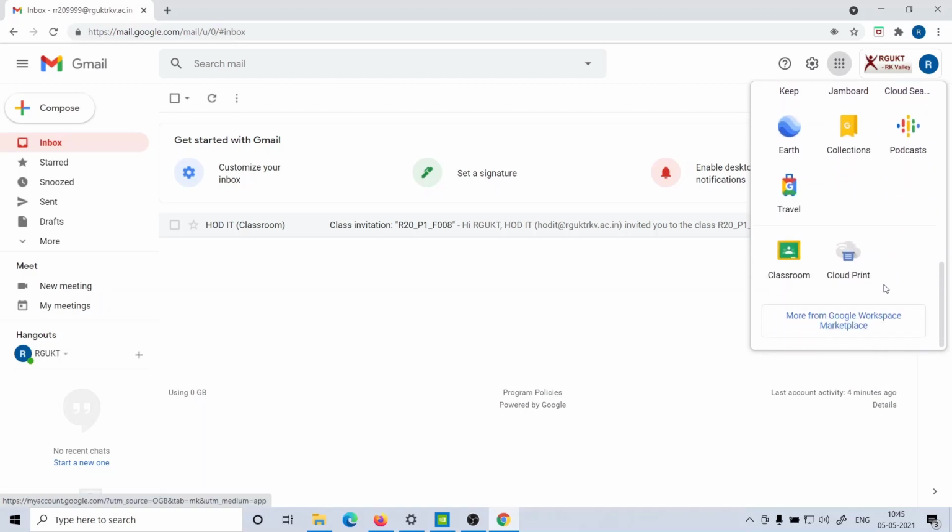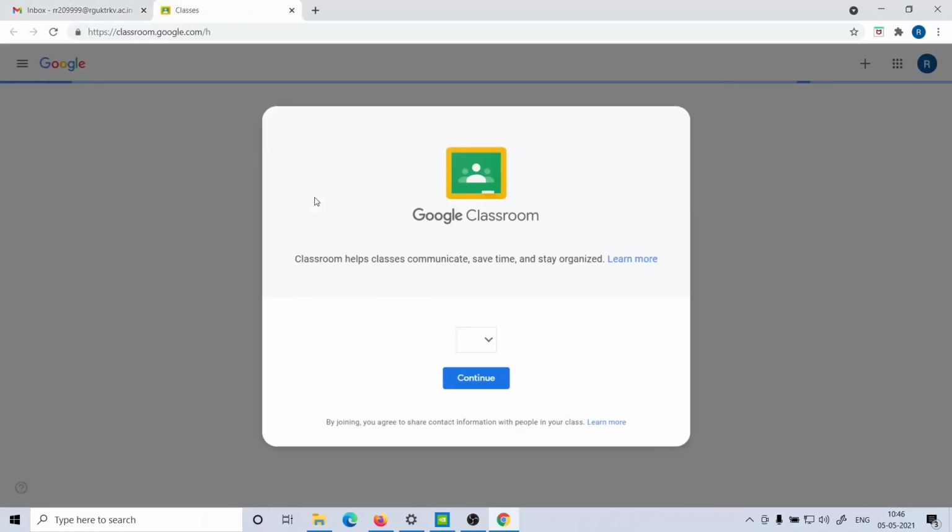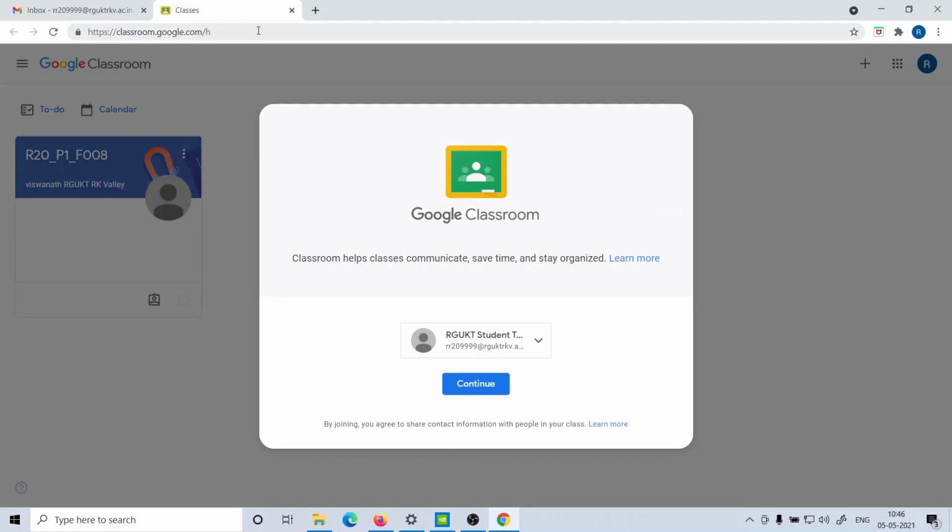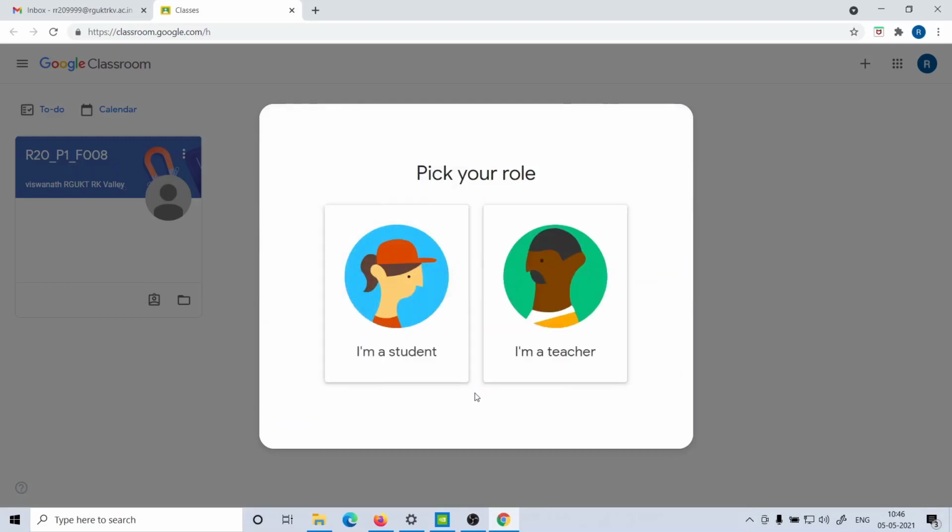You can find the Classroom application here, and click on this application. You will be directed to a new window or tab. This is already logged in to this account, and I'll say continue and continue.